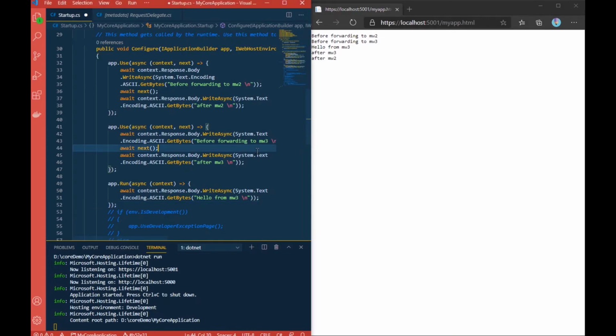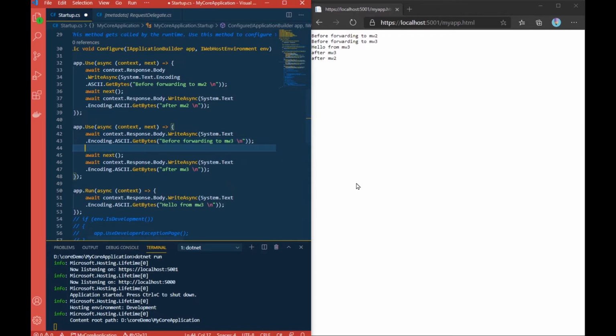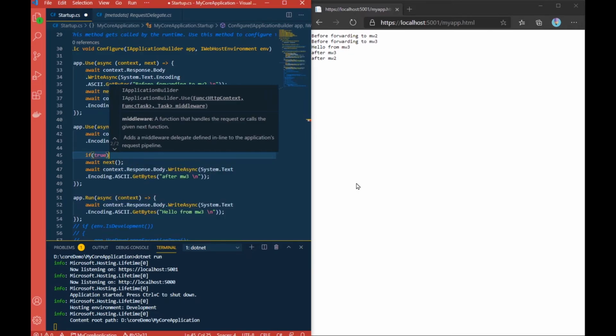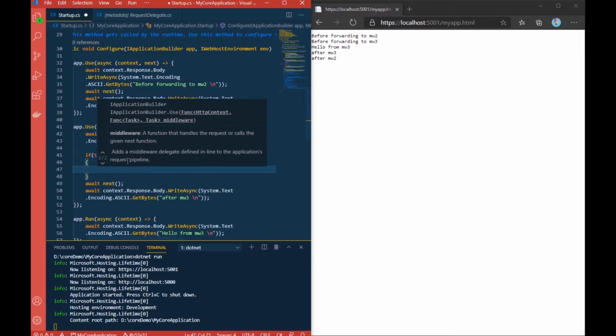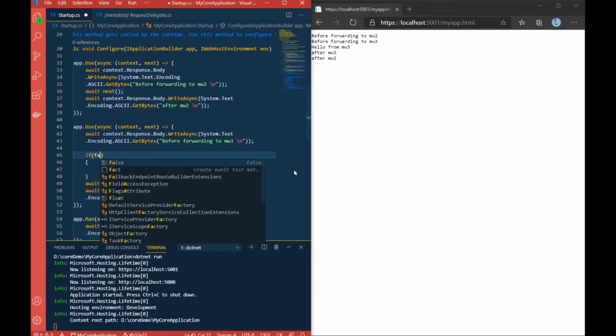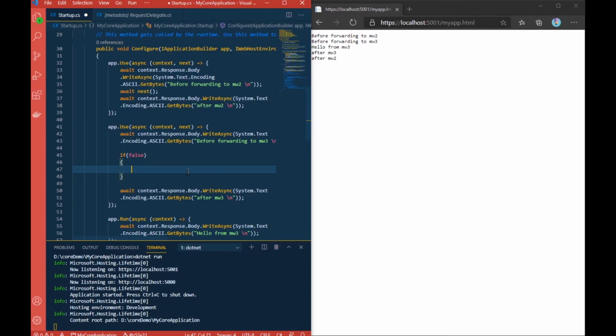Now let's quickly see an example of short circuit. Short circuit, as we discussed, is when the next middleware in the pipeline is not called. So I'll write a very small if condition. If true, I'll just say if true. If false, then call this next, which will never happen. See, it says unreachable code. I don't care because I just want to show you